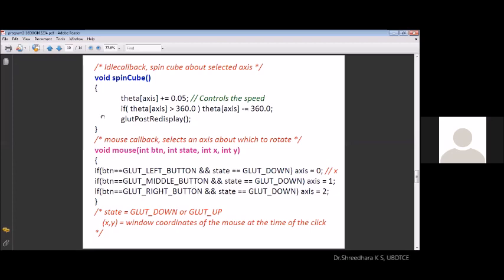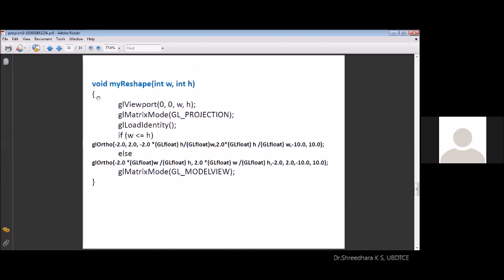Now, I think last hour we have discussed this my reshape function. You are calling it through the main program, my reshape. It is user defined. You are creating a viewport. It is the same as the window height and width, 0 0 W H. If you want the viewport size to be decreased, you can change the values of this to W by 2, H by 2, then automatically your screen is modified.